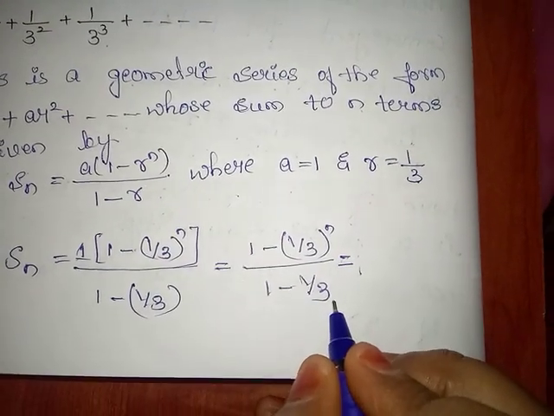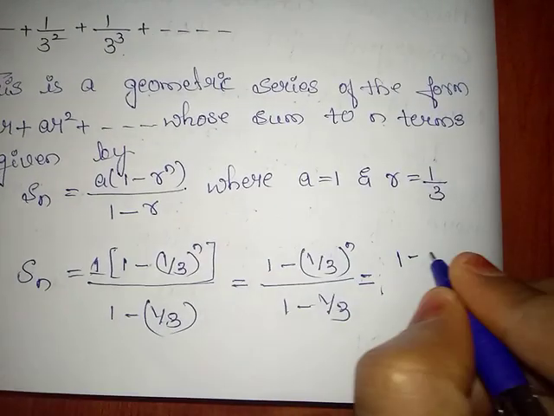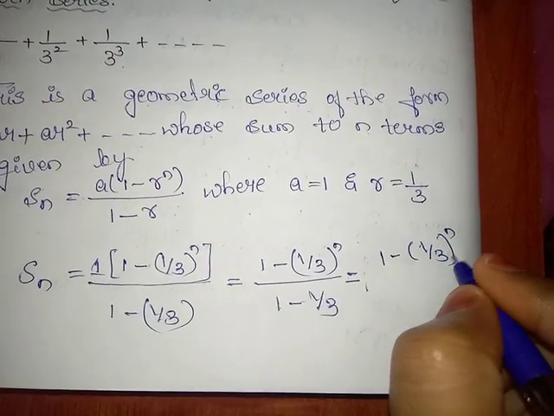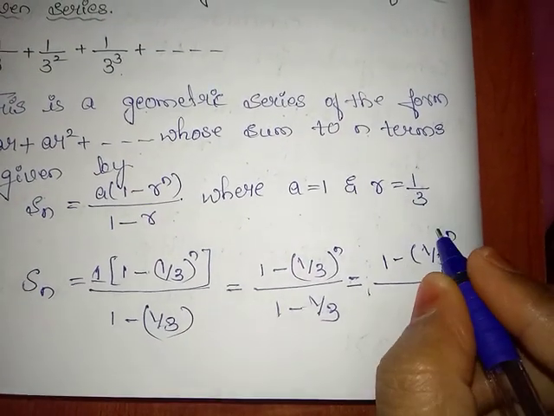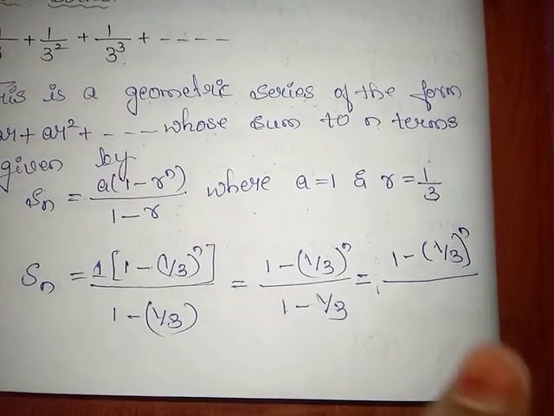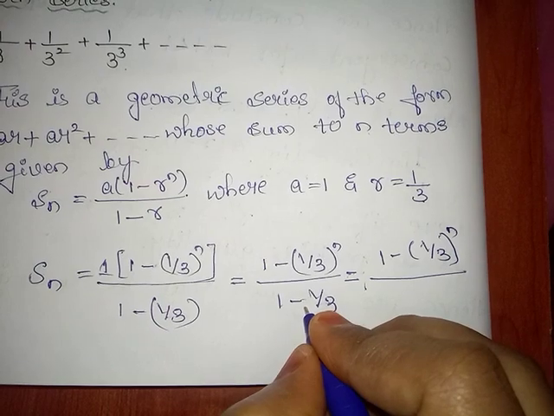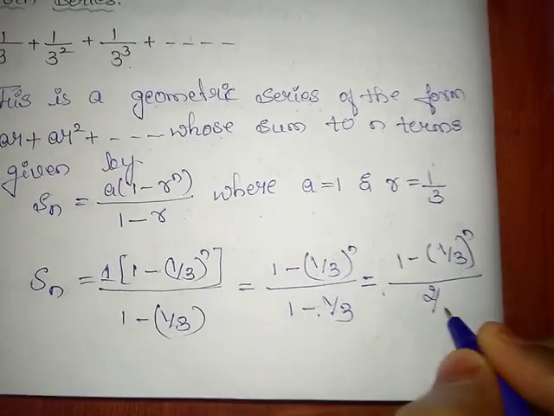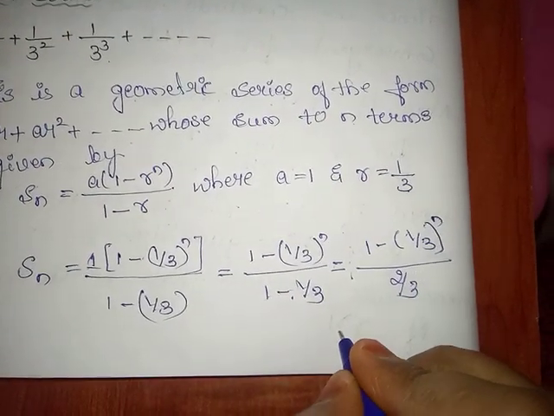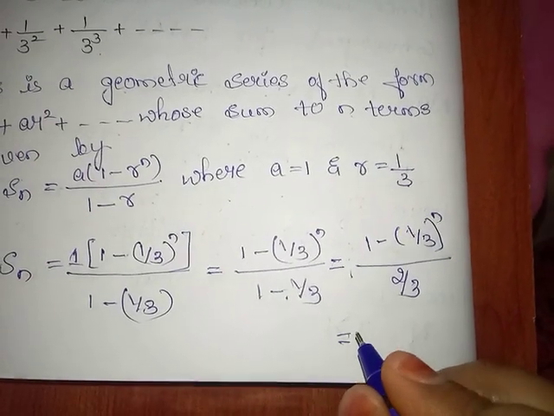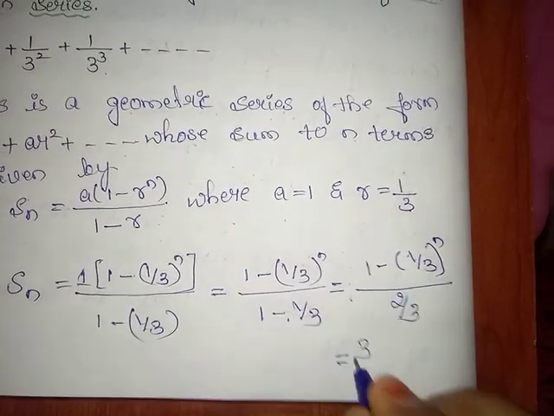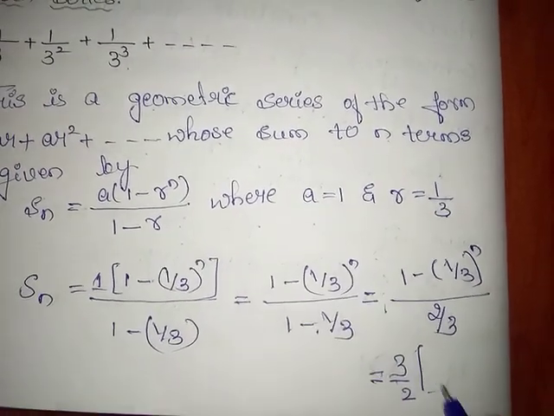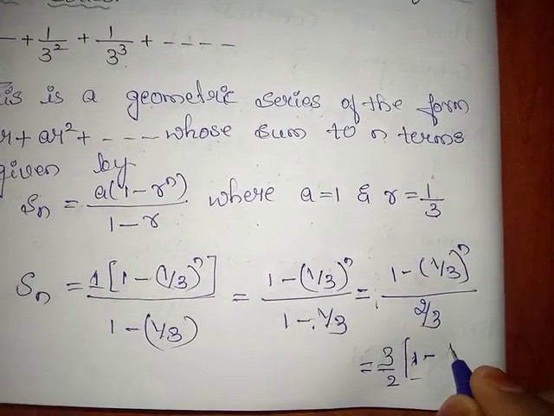Now calculate this denominator part. We get 1 minus 1 by 3 whole raised to n, or 1 divided by 3 raised to n, both are same, because 1 raised to n value is same, divided by, when we solve this one taking LCM and solve, we get what? 2 divided by 3. Okay, this can be written as 3 by 2 into 1 minus 1 divided by